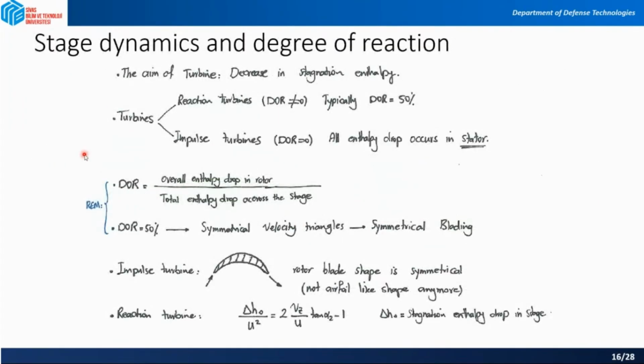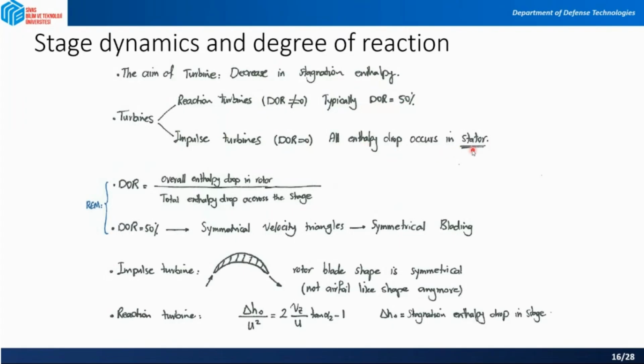So the aim of the turbine, we said, is to decrease the stagnation enthalpy. And we said that there are two kinds of turbines, either reaction or impulse turbines. We are not talking about the mixed ones. So in the reaction turbines, their degree of reaction is not zero, and we said that the degree of reaction is typically 50%. For the impulse turbines, we said that there is no degree of reaction because all the enthalpy